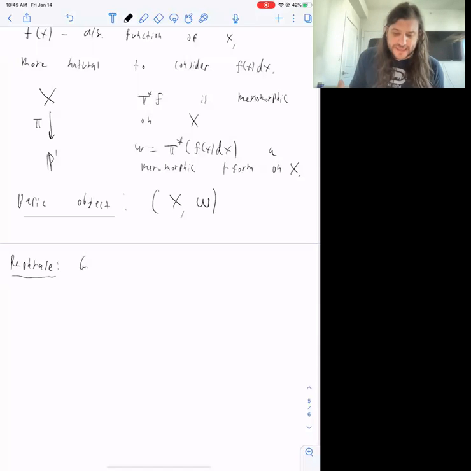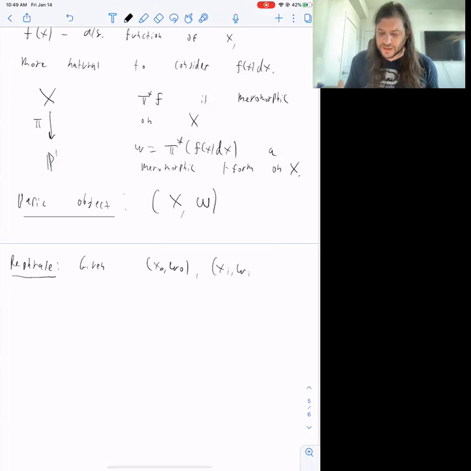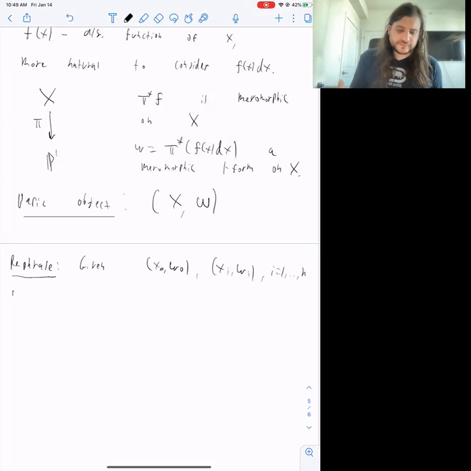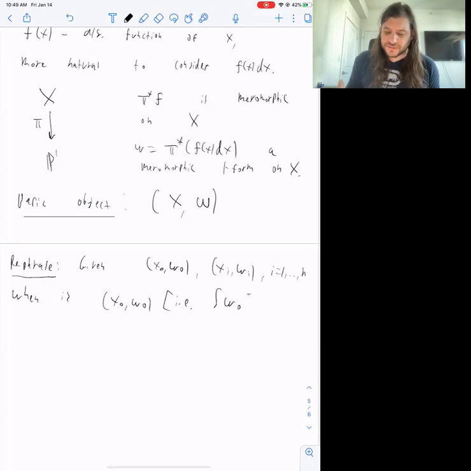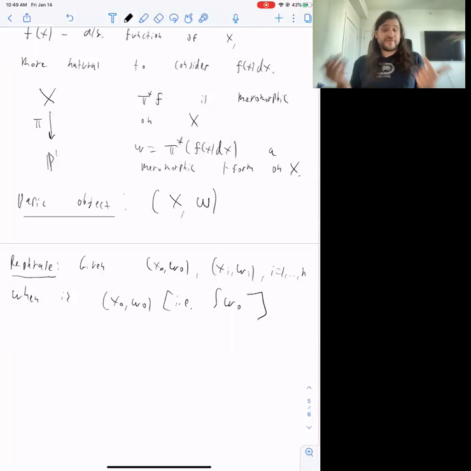Now instead we can say, given x naught, omega naught, and also a collection xi, omega i, where i goes from 1 to n, when is x naught, omega naught, i.e. the function which is the integral of omega naught, which is a multivariate function on x naught,